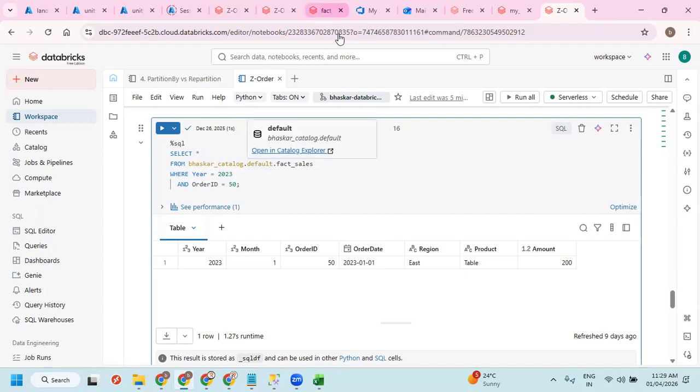Sir, I have one question. Within a partition, if the files are rearranged, should we say that it is shuffling, or is it not shuffling? Shuffling is going to rearrange the data. Shuffling means what? We are not doing a transformation, right? So we cannot say it is shuffling. No.